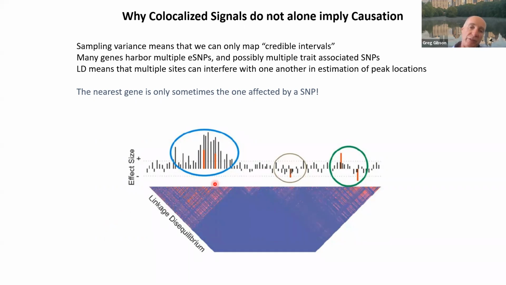But we know that there's this thing called linkage disequilibrium. In the vicinity of any SNP, all other SNPs tend to be correlated in their allele frequencies and distributions with that one, because of the history of the way mutations accumulate in the gene pool. Within stretches, or haplotypes, of about 100 kilobases, there's a high correlation